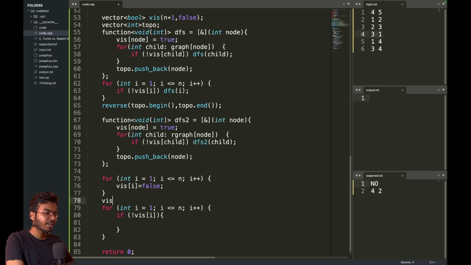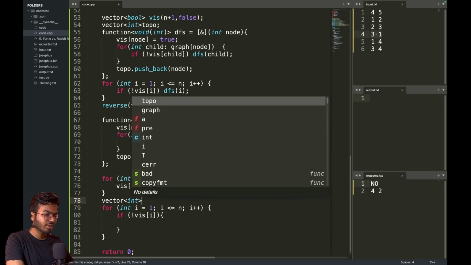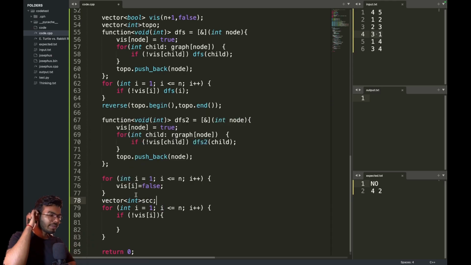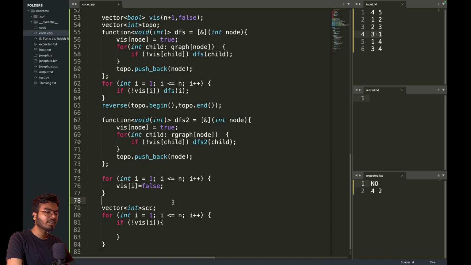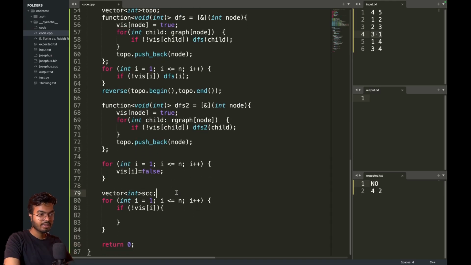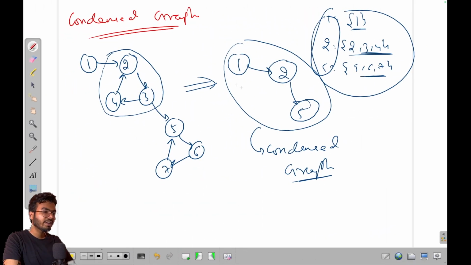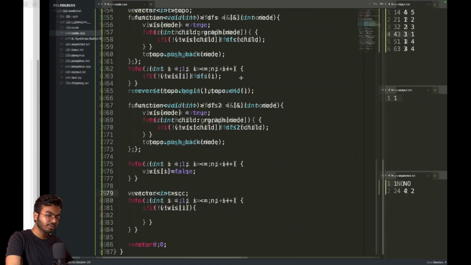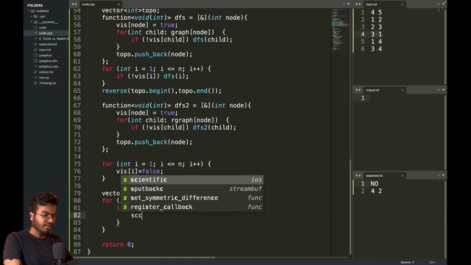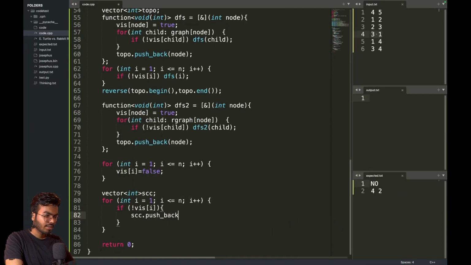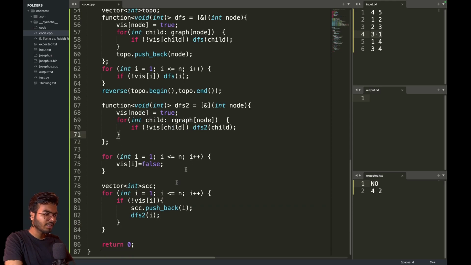Let's say a vector int strongly connected component. I will maintain a list of the strongly connected components, the parent of the condensed graph. Like in this case that we discussed the condensed graph, whenever I have some unvisited node, I will mark the parent. So now I can say sc dot pushback I, and then I can say dfs2 of I. I don't need to do this anymore, and this I need to do in the order of topological sort. So in topo,